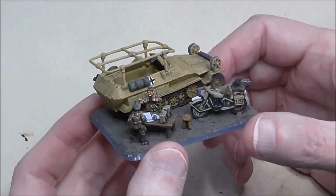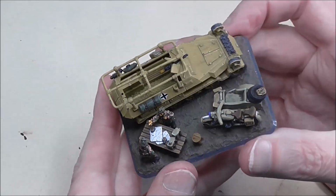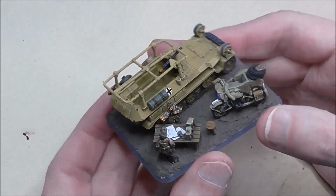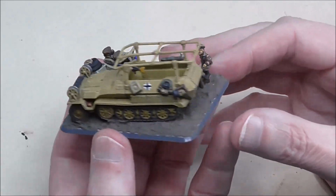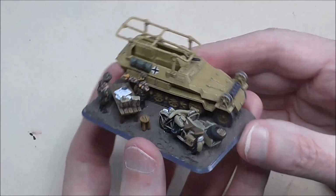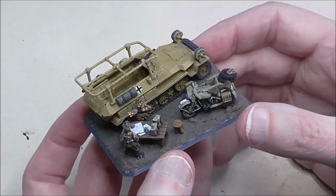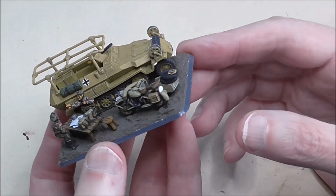24 hours later and the surface has dried. So at this point you could be applying a wash of pigments, you could be painting the surface, washing it, dry brushing it. I'm not though, because there are so many ins and outs, nooks and crannies in between legs and wheels and all kind of things on this that it's just a bit too daunting. So I'm just going to go straight to the